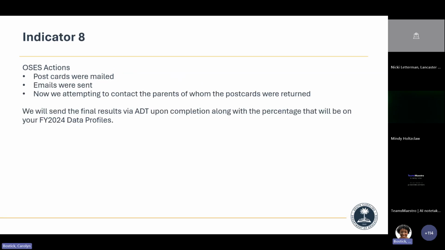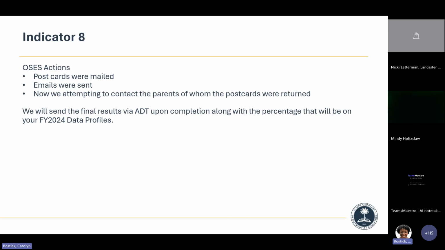Indicator 8, not so good. We have mailed out the postcards, and we were also able to send out about 20,000 emails. Of those emails and postcards sent out, we've only gotten about maybe 2,500 responses back.